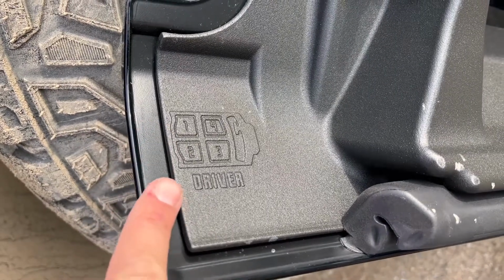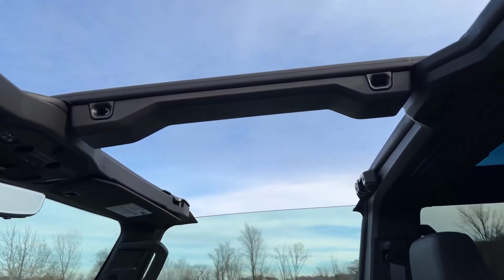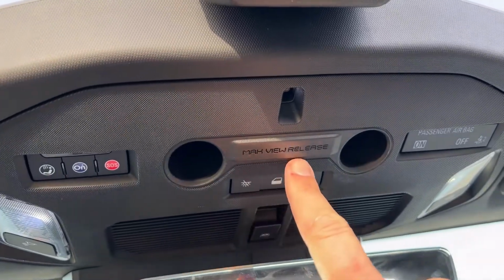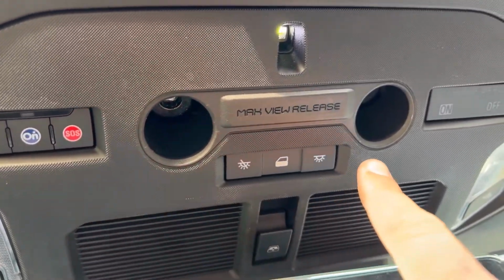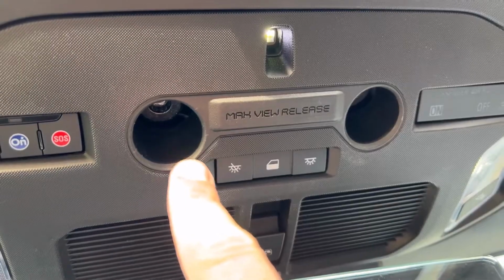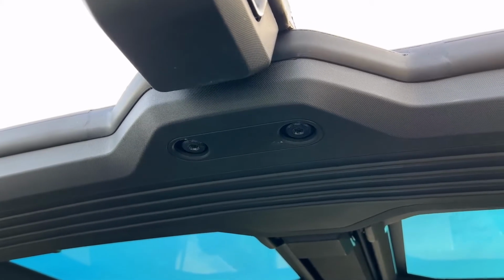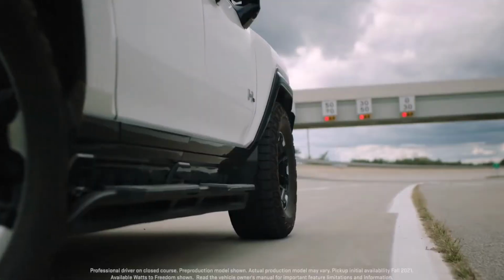Also worth mentioning, you can remove this crossbar that goes between the removable roof panels over the front seats. You can see there's a little panel and written on it, Max View Release. If you take a screwdriver and unscrew the little holes next to that, you can undo this little panel. And there are 2 more holes in the back, and then you can remove it and take it off for a full open air experience in the front. Not quite as easy to remove as the